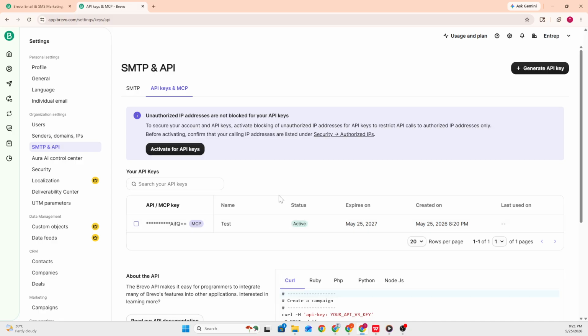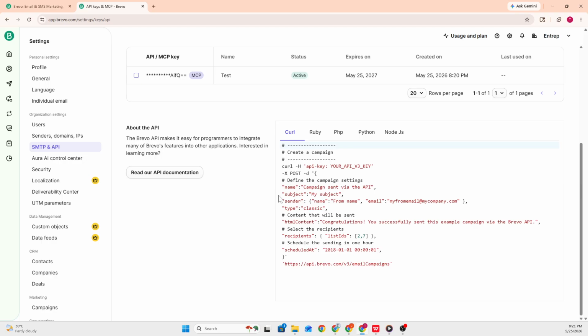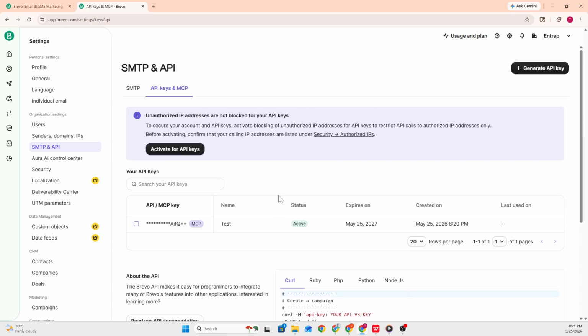If any page takes a few moments to load during the process, wait for Brevo to finish updating before continuing to the next section. After the API key appears successfully on the screen, the process for getting a Brevo API